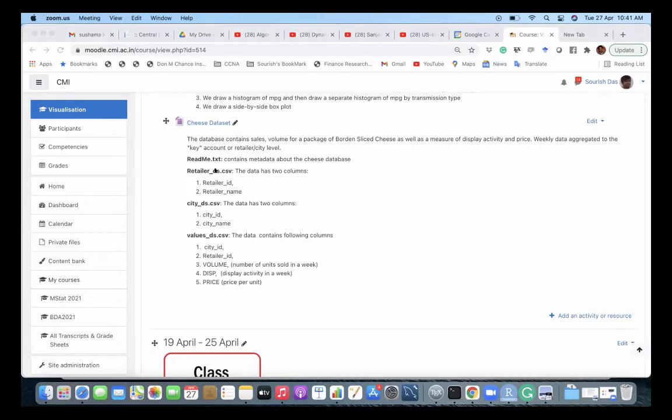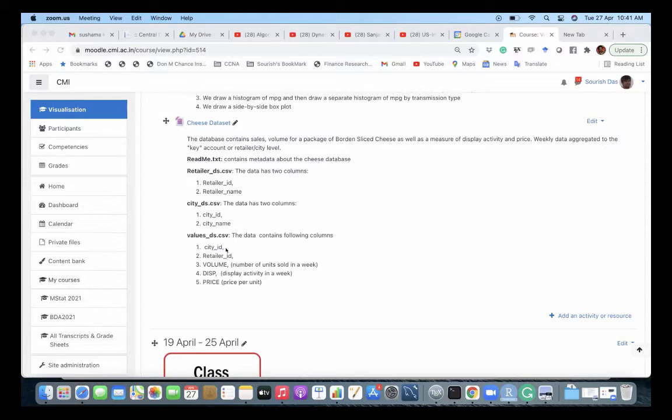DS stands for data set. Retailer has all the retailer information. This is a very popular branded sliced cheese data set, and the readme file has all the descriptions.